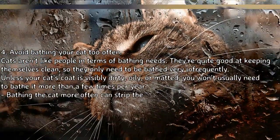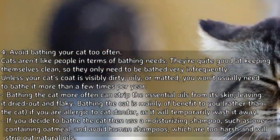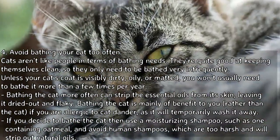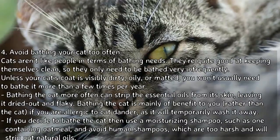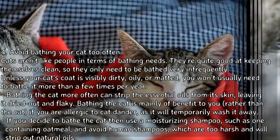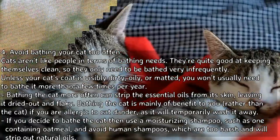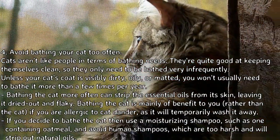4. Avoid bathing your cat too often. Cats aren't like people in terms of bathing needs. They're quite good at keeping themselves clean, so they only need to be bathed very infrequently. Unless your cat's coat is visibly dirty, oily, or matted, you won't usually need to bathe it more than a